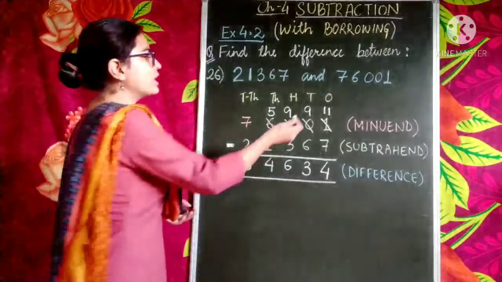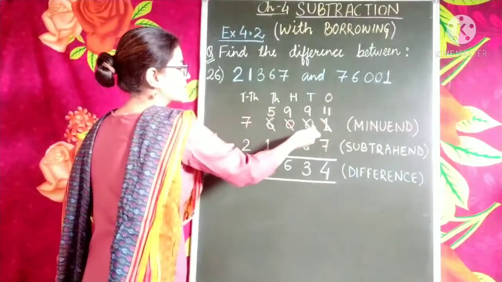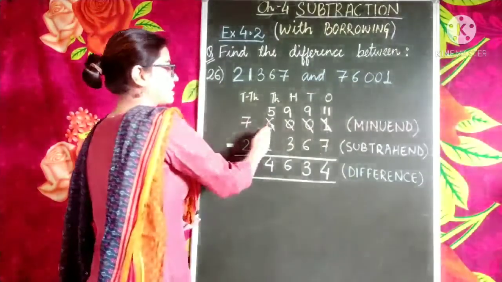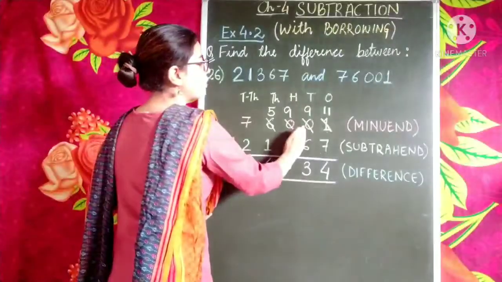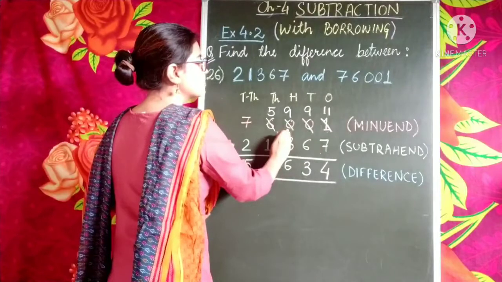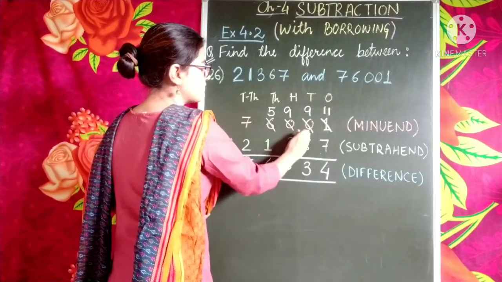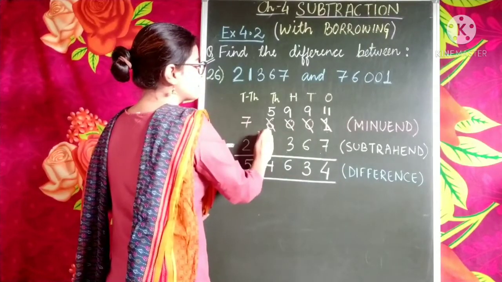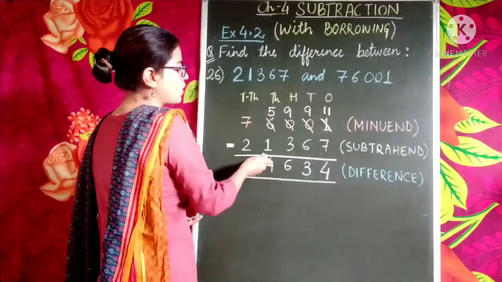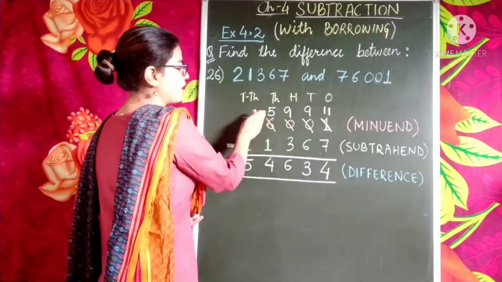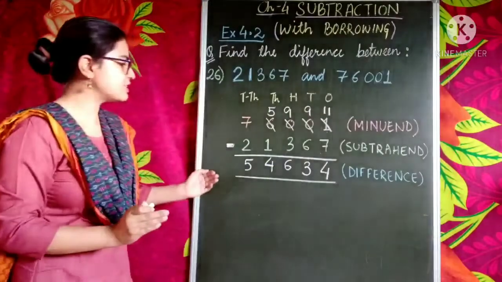So, children, you can see how the chain of borrowing started at the ones place and ended at the thousands place. The 0 gave 1 ten to the ones, the next 0 gave 10 tens to the tens, this thousands gave 10 hundreds to the hundreds, and ultimately it got settled at the thousands place when 6 became 5. So our difference is